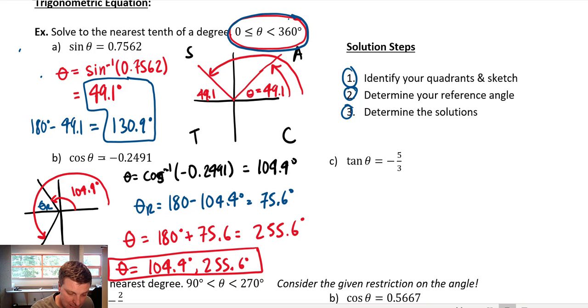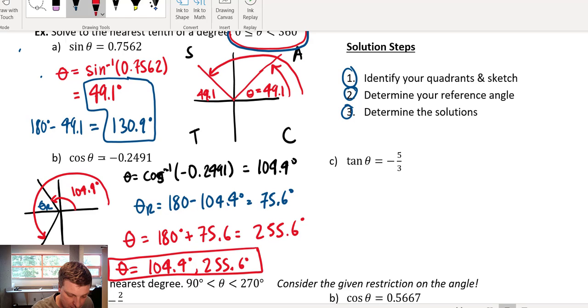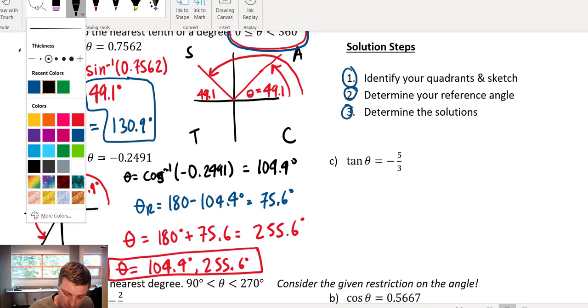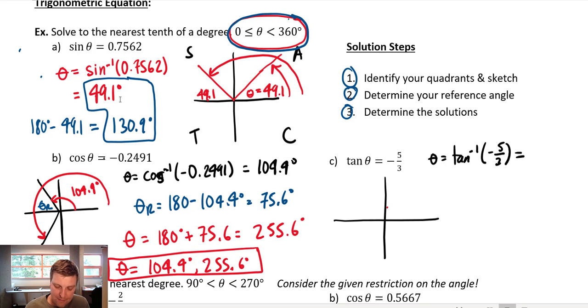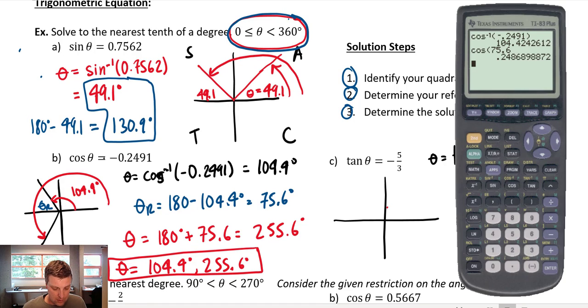Okay, last but not least, we've got a tan function here. So I'm going to draw my little grid, my little axes, and make a plan. So the tan of theta is negative 5/3. So let's see what my calculator says. It says the answer is negative 5/3. I'm going to take inverse tan. And so I'm going to go to the calculator and go, okay, inverse tan. And I'm going to do negative 5 divided by 3, close my brackets,